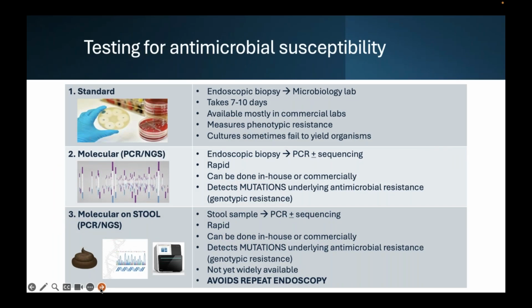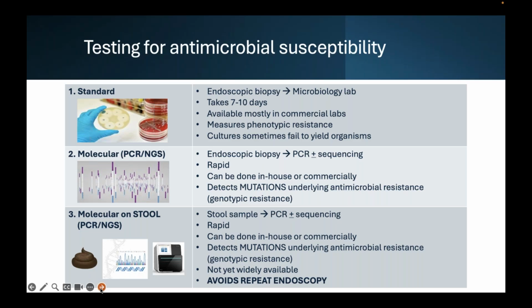So finally, in recent years there are more tests coming for antimicrobial susceptibility, related to the fact that antibiotic resistance is more prevalent in H. pylori than it used to be. The standard way to do this used to be to take an endoscopic biopsy, on the top there, and culture it. It takes 7 to 10 days, requires special medium, anaerobic and blood agar and so on. And most hospitals never did this or have stopped doing this, so it's almost always required to send it out to a small number of commercial labs that offer this.